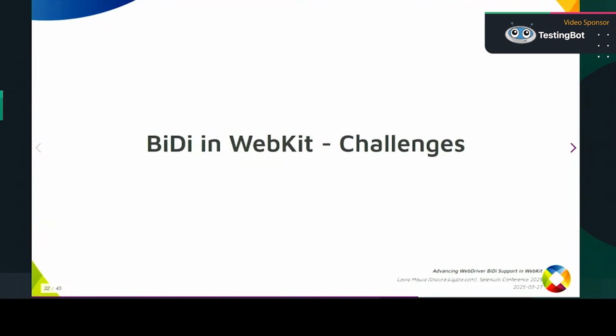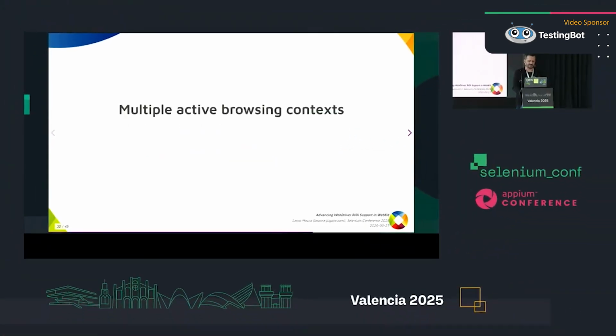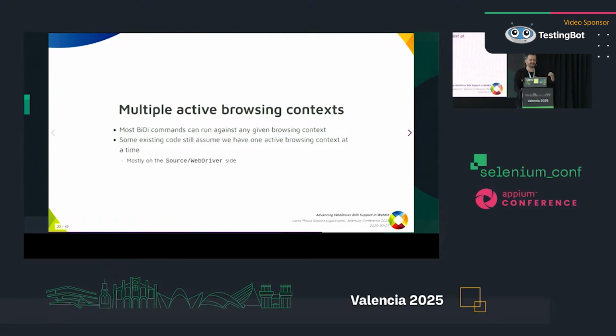So some challenges that we are facing. First of all, it's the multiple active browsing contexts. In BiDi, you can send commands to different browsing contexts repeatedly. And it's different from the stateful approach of Classic. So it's something that we need to keep in mind, because there is some code on the driver side that still has those assumptions